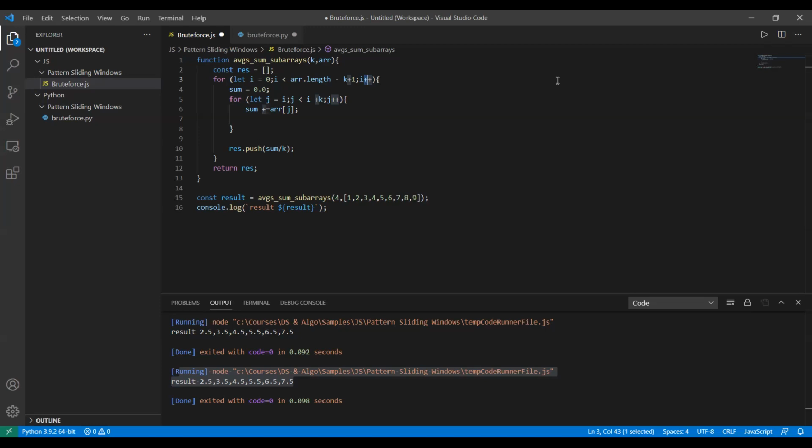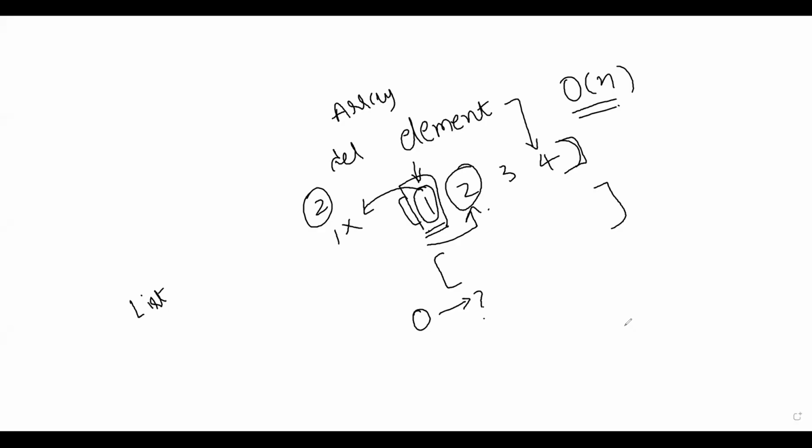In all the languages, if you remove an element from an array, so 1, 2, 3, 4, right? You remove an element, so the remaining elements are 2, 3, 4.